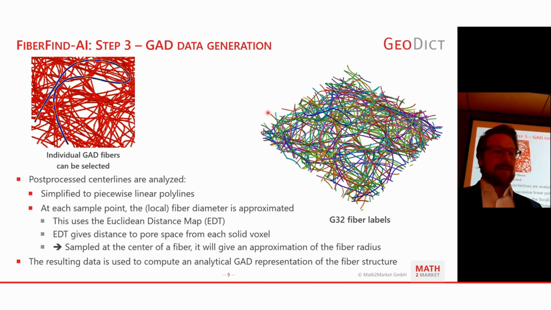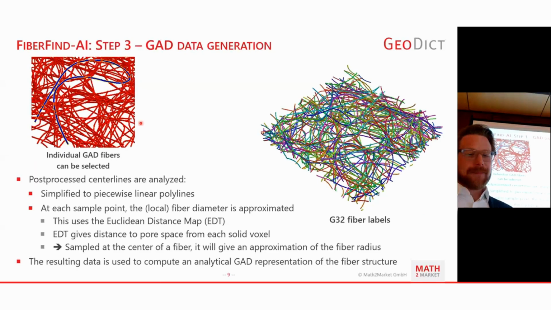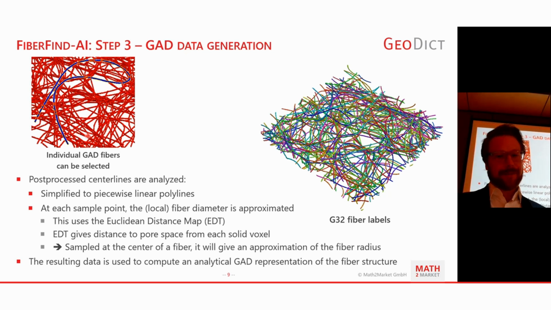And if you have that GUT information, then you can do something like this. It's a bit small, this image. In the upper left corner, you can actually click on a fiber that you have and select it as an object. And this clearly tells you that GeoDict knows that this is an object and it's not just a voxel image. On the right-hand side, you can see another representation of this. This is a so-called G32 file, which you can generate anytime you have GUT information. You can generate that directly from within GeoDict, which shows different objects in a different color.